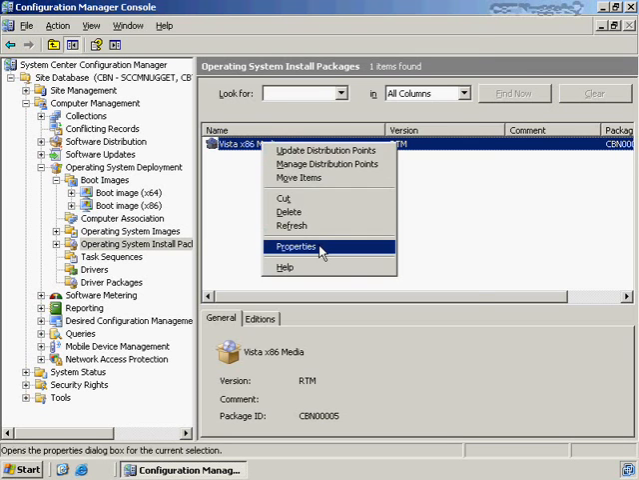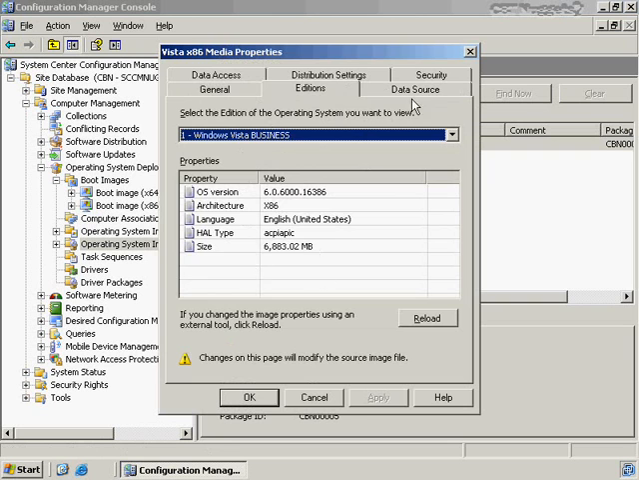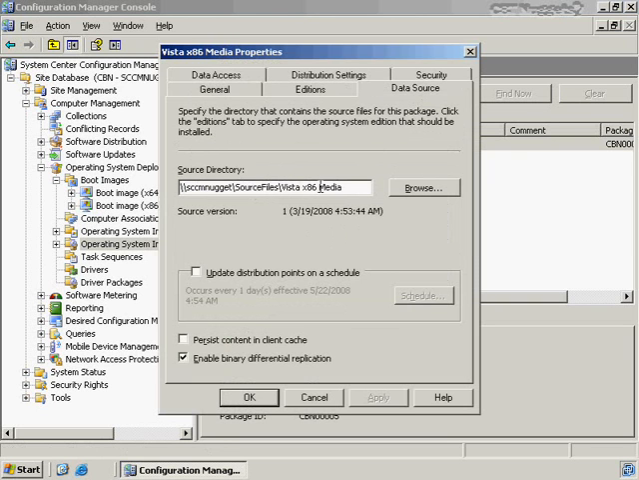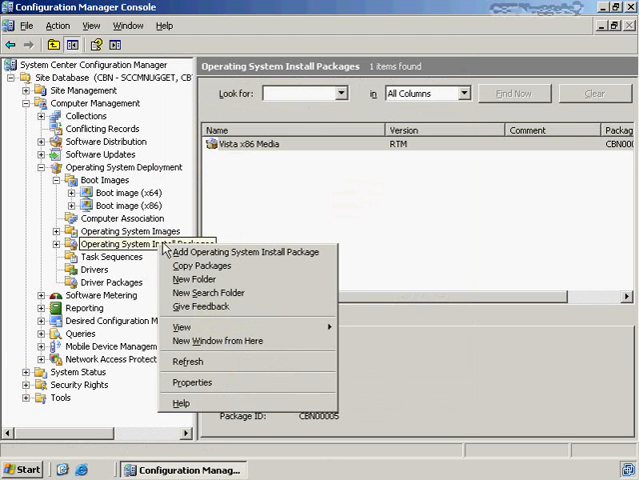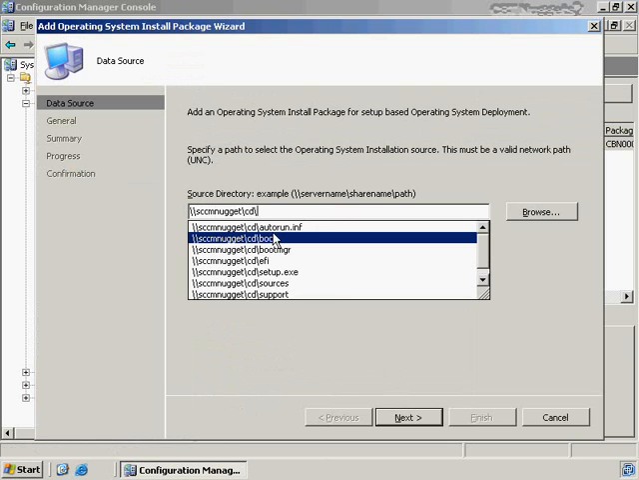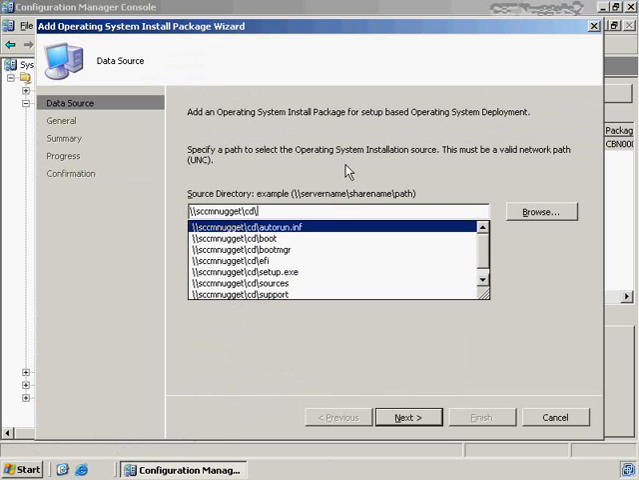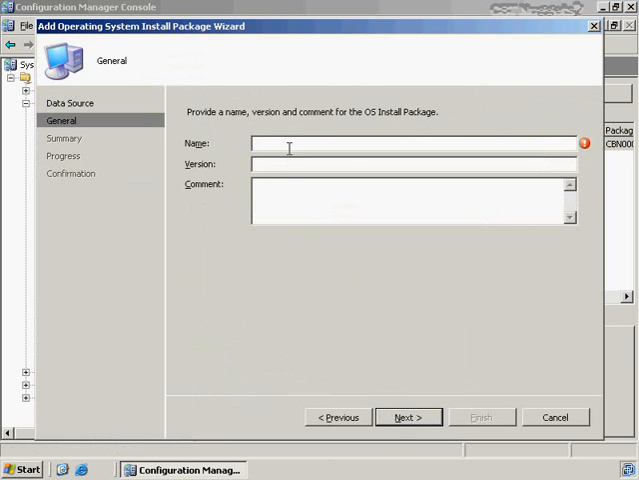If we choose the properties here, just like we've seen before, we can see the general information here. We can see some additional information here as well, and the data source information where I'm storing this, Vista x86 media. I got this by right-clicking on Operating System Install Packages and choosing to add an install package, and effectively going to /sccm nugget and looking at the CD itself and going into the root of the CD. If I go into the root of the CD here, that'll actually give me all the rest of the bits on the CD that allow me to complete the installation of this image